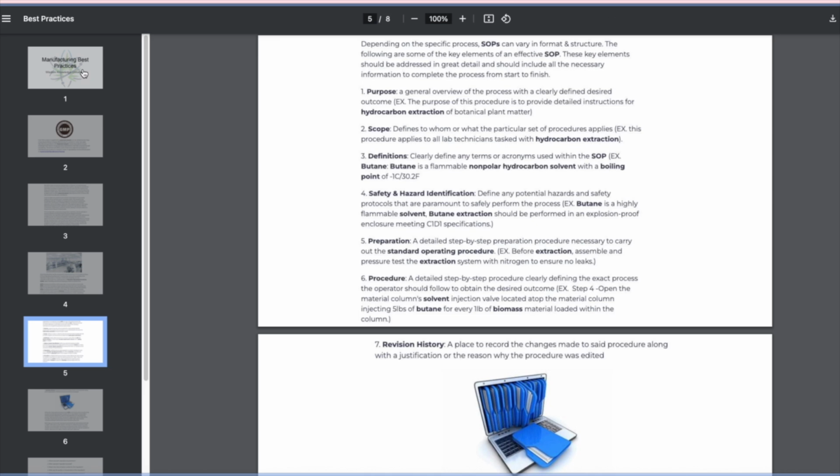These key elements should be addressed in great detail and should include all necessary information to complete the process from start to finish. Number 1, the purpose, a general overview of the process with a clearly defined desired outcome. Example, the purpose of this procedure is to provide detailed instructions for hydrocarbon extraction of botanical plant matter. Number 2, the scope defines to whom or what a particular set of procedures applies. Example, this procedure applies to all technicians tasked with